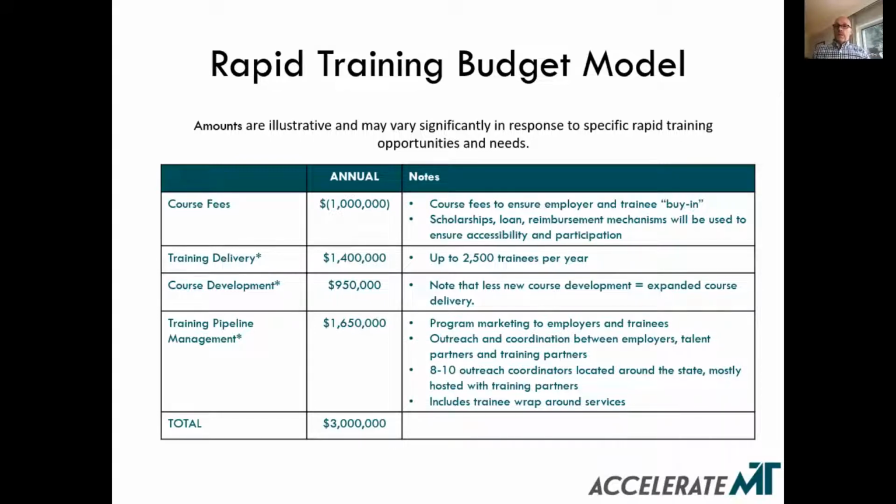We may also spend money to help develop training, right? So if we identify there's a gap, there's a skills need, but we don't have training courses available within the current training system, and we can't source training potentially from third-party organizations, and we need to develop some course, we'll put funds into that. Clearly, how big that number is or isn't depends on how big the gap is between the skills needs and the training capabilities we have in the state.